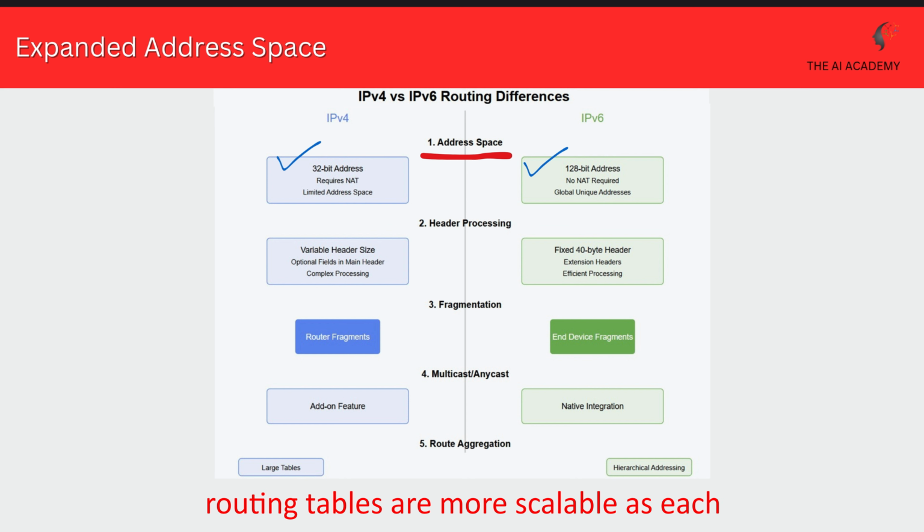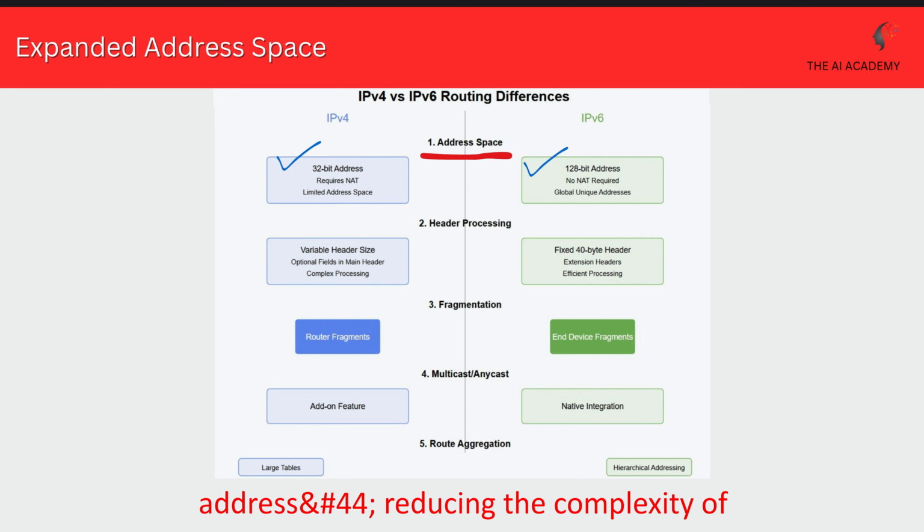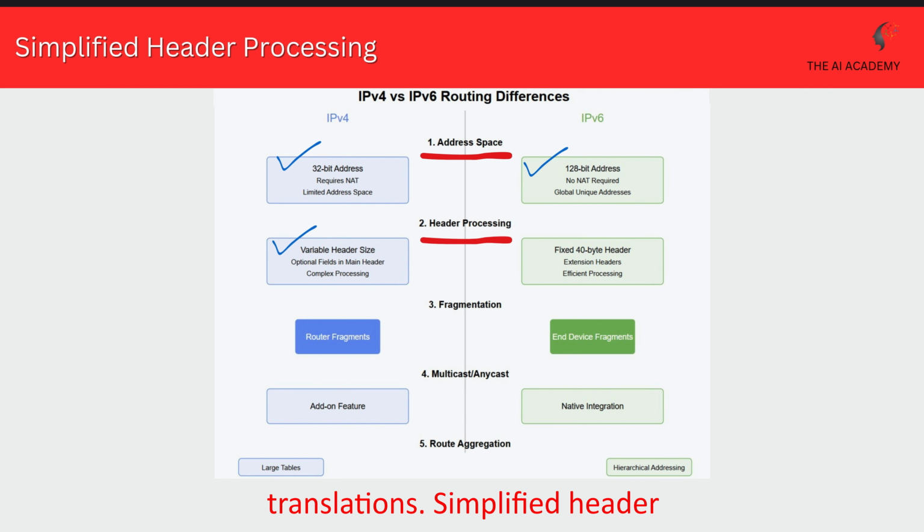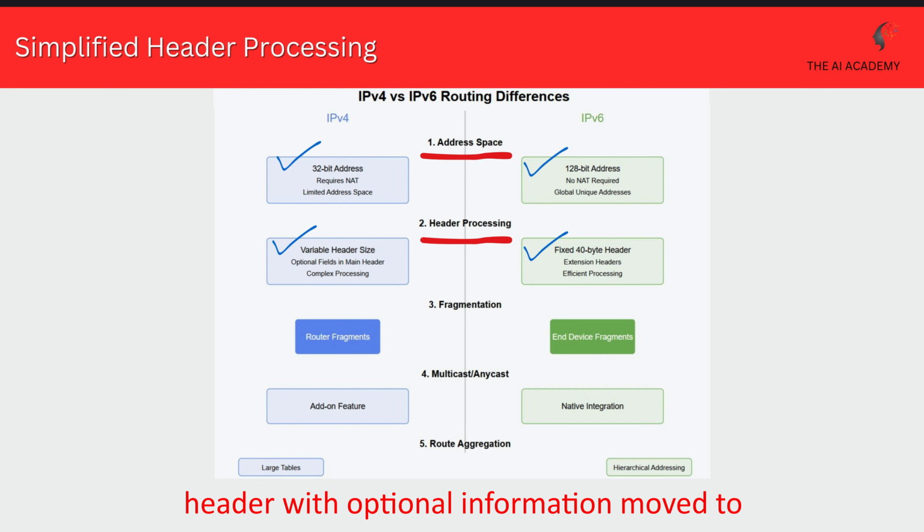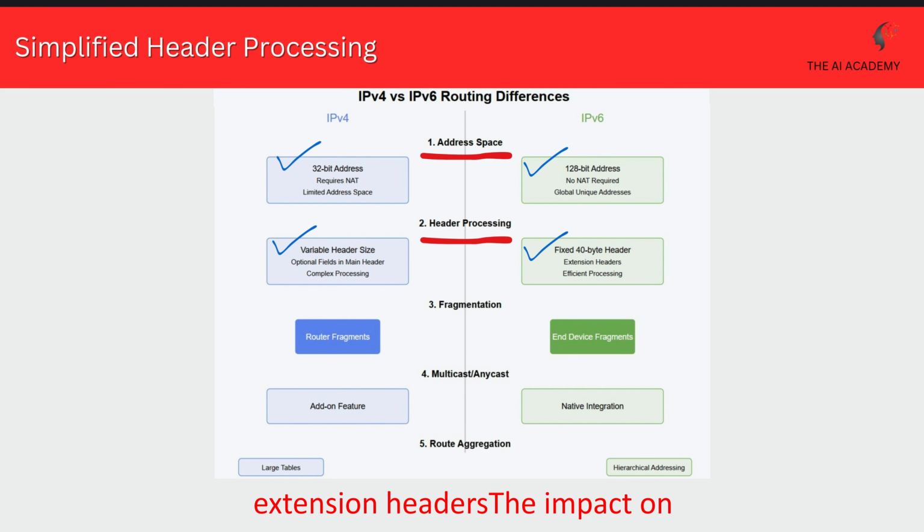The IPv6 routing tables are more scalable as each device can have a globally unique address, reducing the complexity of managing private and public address translations. Simplified header processing: IPv4 includes optional fields in the main header, which can vary the size and increase processing overhead, while IPv6 uses a fixed 40-byte header with optional information moved to extension headers. The impact on routing: routers can process IPv6 packets more efficiently, reducing latency and improving performance, especially for high-throughput